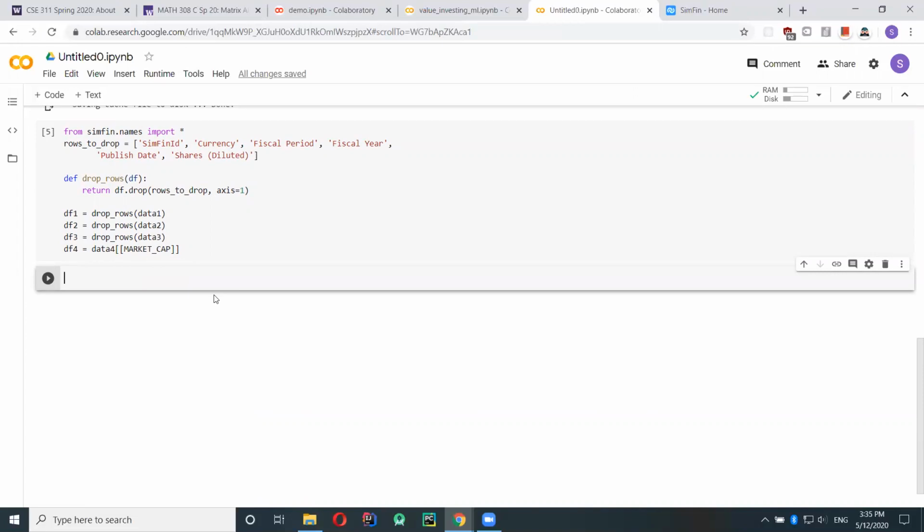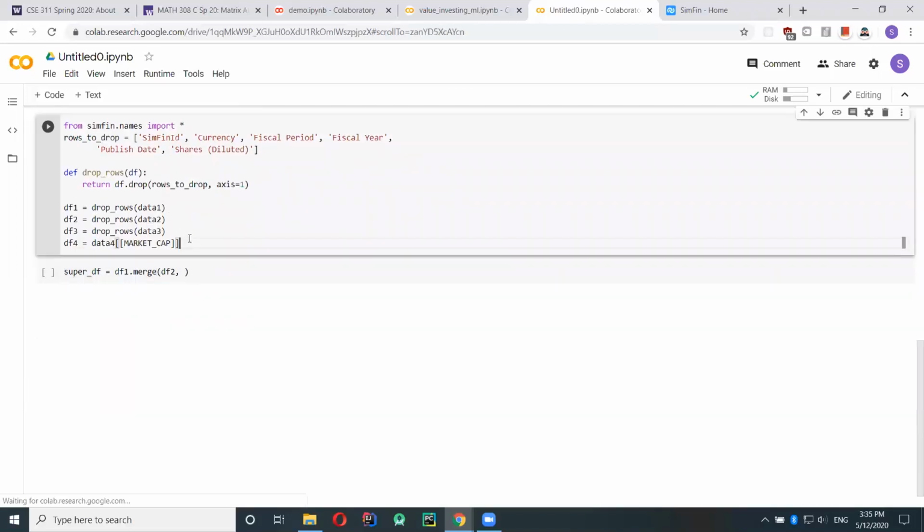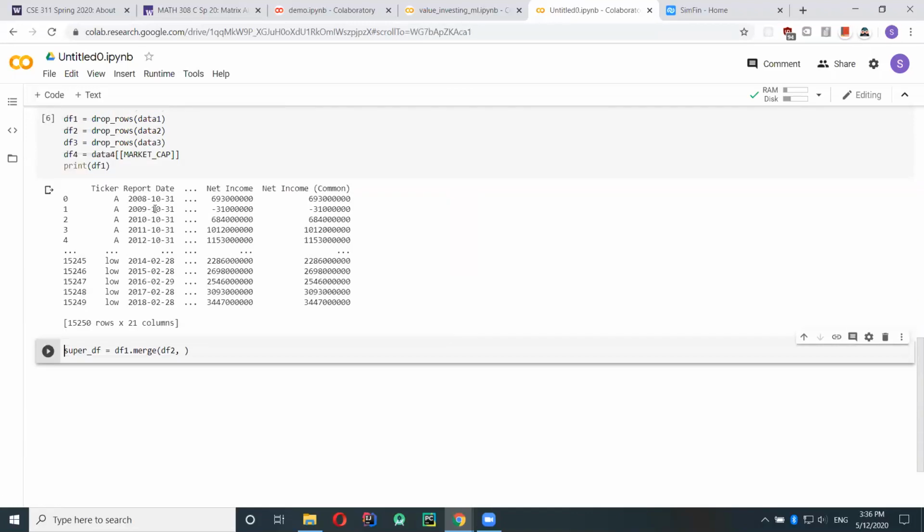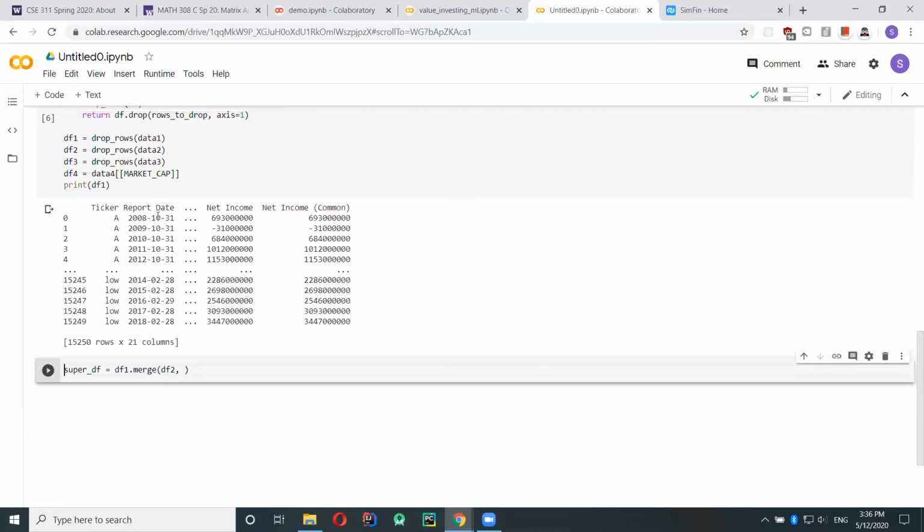Okay, so we're gonna create a super data frame called super df equals df1.merge df2. So we have to specify the column. Oh yeah, let's see what these data frames look like. Like if there's a bunch of random stuff, right?